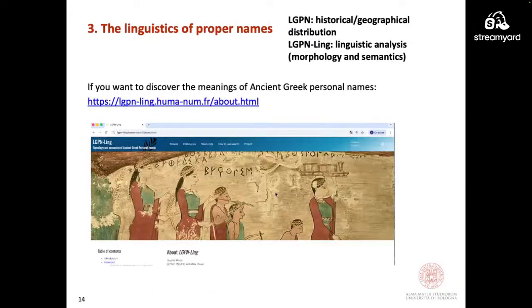Now, I would like to show you how you could use this resource. This is the LGPN Ling database.